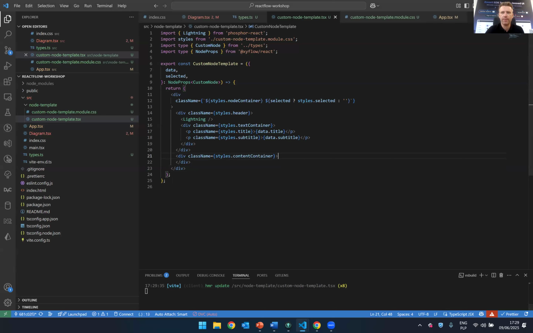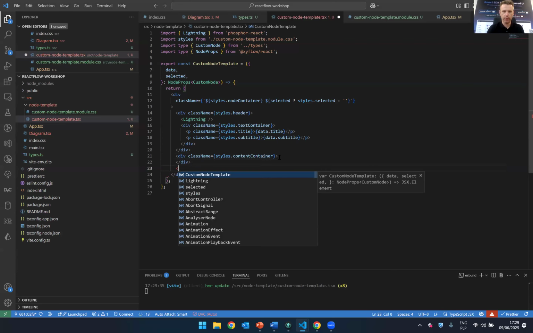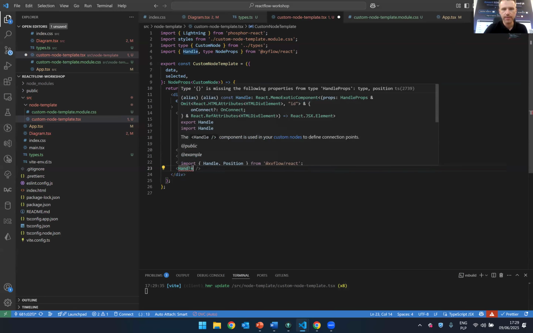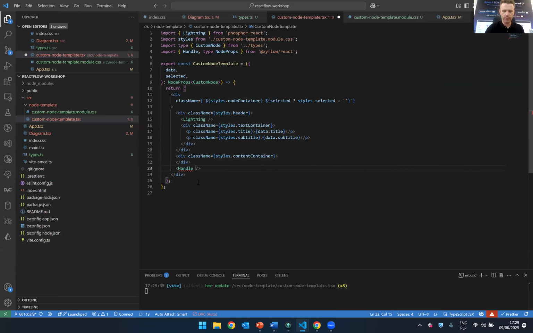And now let's add our handles so we can create some edges. To create a handle, we can use the Handle component from React Flow. The Handle component expects us to give it a type. So there are two types of handles, source and target. So let's create both. The type source,